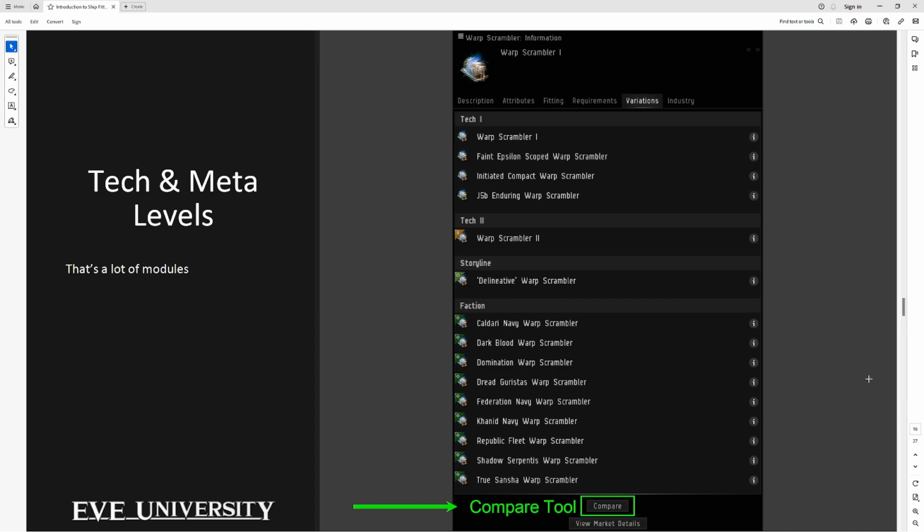And there's this compare tool. So relevant for your question, let's talk about the initiated compact warp scrambler, third from the top, real quick. So if you are low on CPU or power grid, you can do what we call compacting down modules. Almost every module that you can equip to your ship has got a compact form. And the compact form, in some cases, only uses less CPU, and in some cases uses less CPU and less